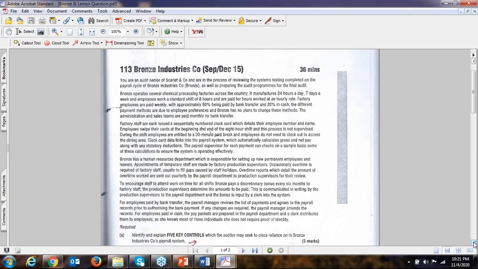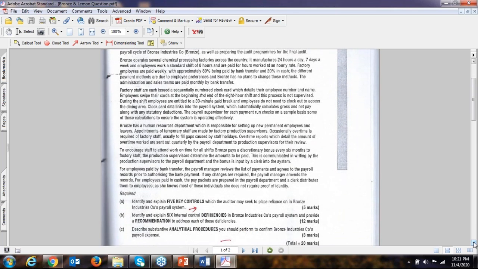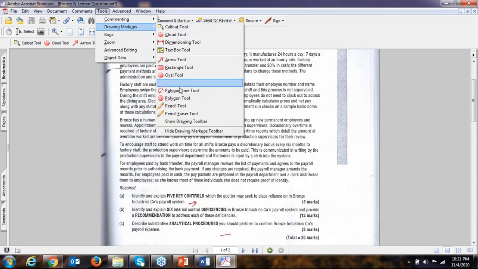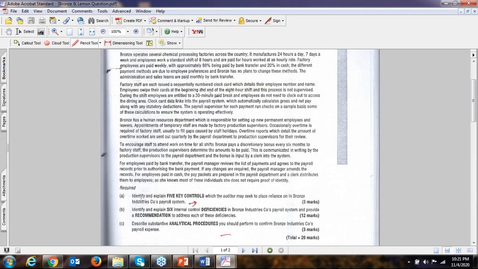One thing which I told you in the last session: you need to read the requirement first. So what is the A requirement? This practice will really help you. Please be focused, be attentive. This is the first requirement.